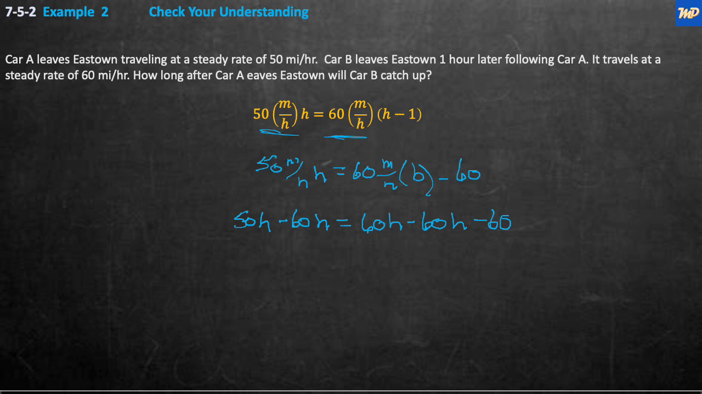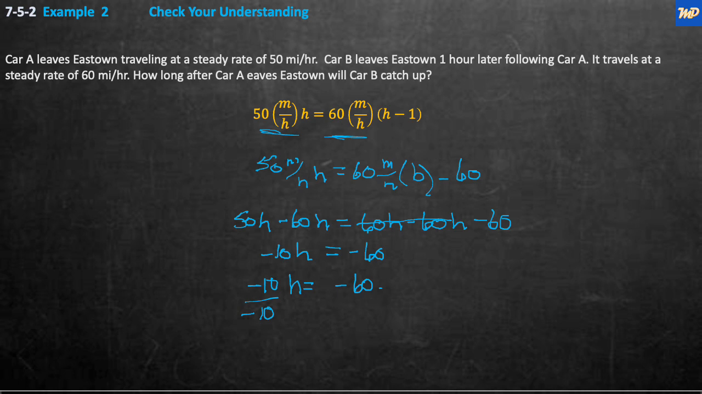Okay, so now we've simplified this. 50 minus 60 is minus 10h is equal to 60 minus 60 is 0, and equals minus 60. Okay, so now we have a negative on this side and 10. So we have to get rid of the negative 10. So h is going to be equal to negative 10 divided by negative 10 times h is going to be equal to minus 60